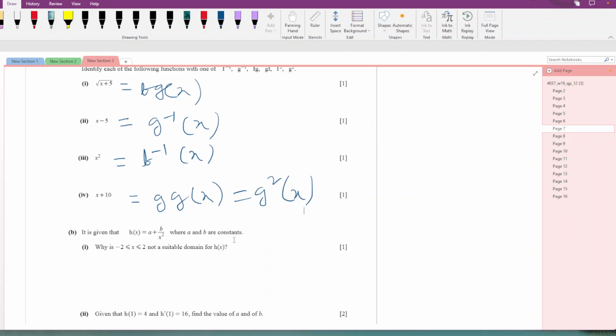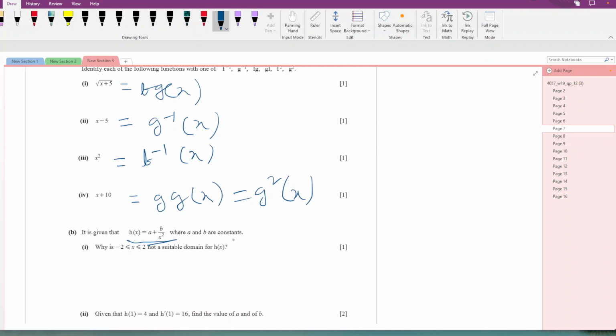Minus 2 less than or equal to x less than or equal to 2 is not a suitable domain for s(x). Consider the function s(x). This graph, this curve,